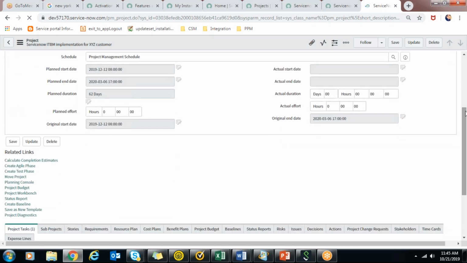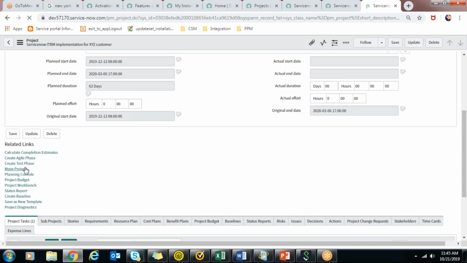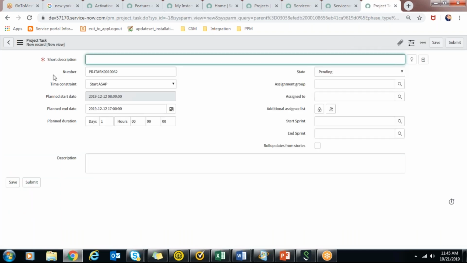I can quickly show you, if I click on this create agile phase, then one project task will be created. This is like creating a project task with the agile phase, an agile project task phase. And if you save it,